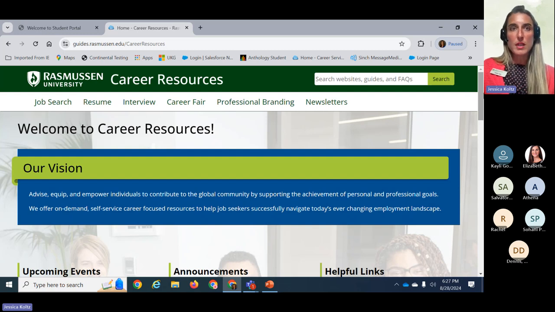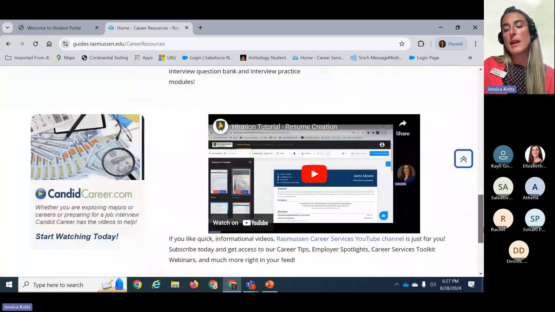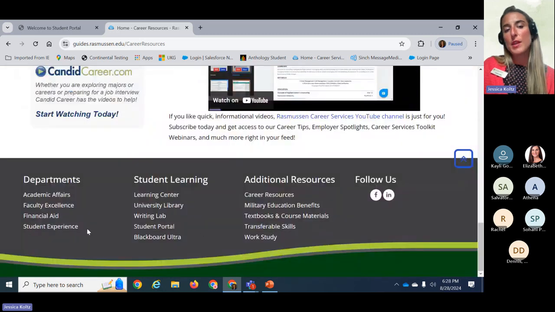The portal is the best way to access the one-stop hub of all of our resources here, but you'll also notice that it allows you to then connect with other departments, some of the other guides that exist, as well as some additional resources that are available. I am going to stop sharing now